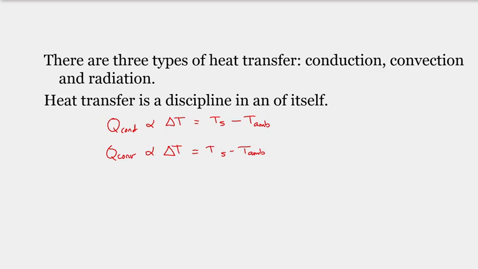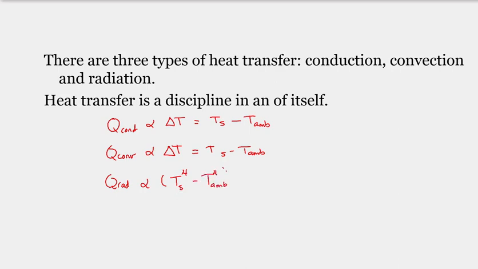Convection and conduction are proportional to the first order of the temperature difference. So hopefully you can see where we're headed here, in that I said first order. Radiation is actually proportional to the difference of the temperatures raised to the 4th power. So that would be T to the 4th for the system